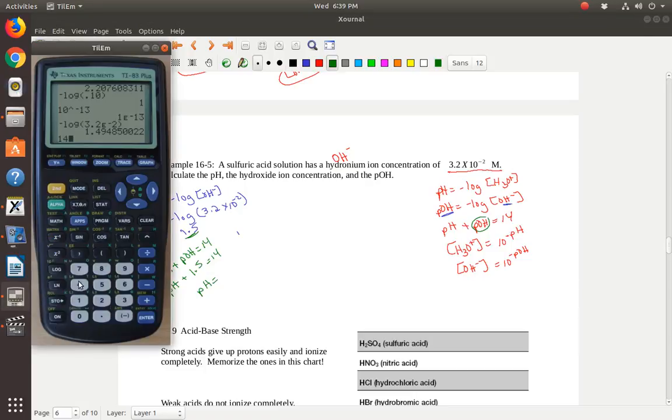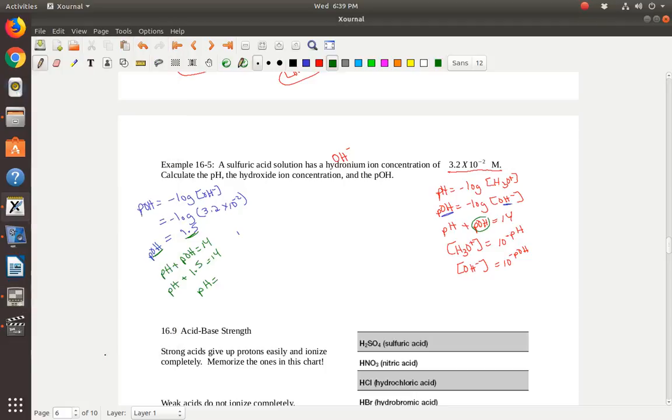And because I don't trust myself, I put it in the calculator. 12.5. Alright. pH is 12.5. Okay? And now I have figured out the pOH, and I figured out the pH. And now I'm going to figure out the hydroxide ion concentration. Well, the hydroxide ion is,